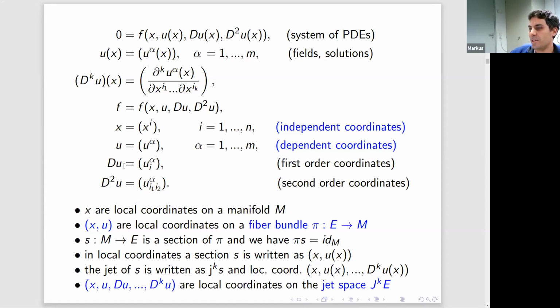And the same as here, you can consider this as just some kind of variables on some manifold called the jet space J^k E. So all your derivatives and so on are just some additional variables. So that's already it for the